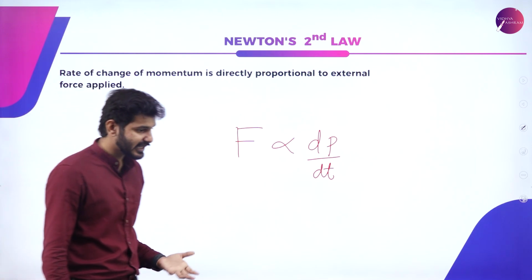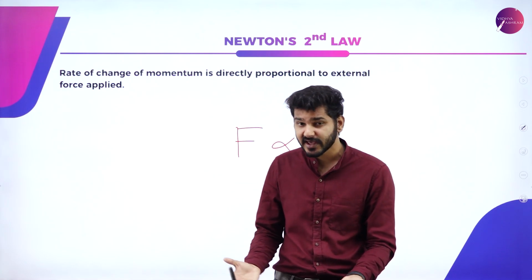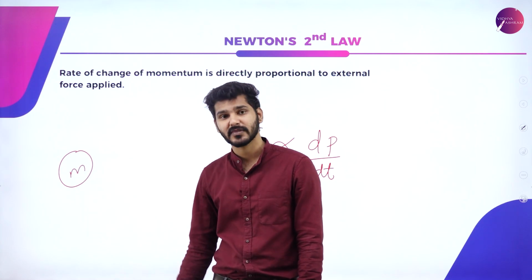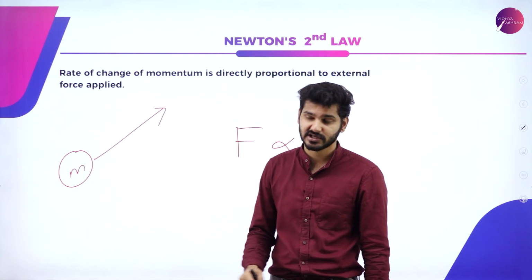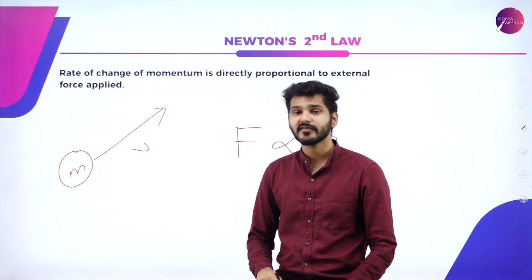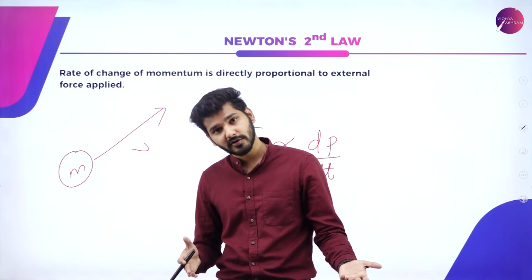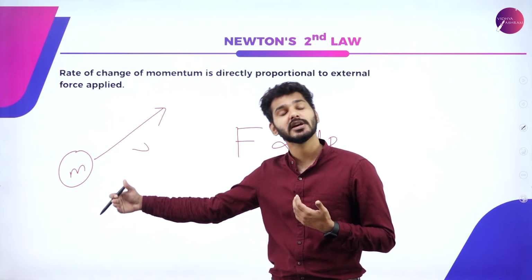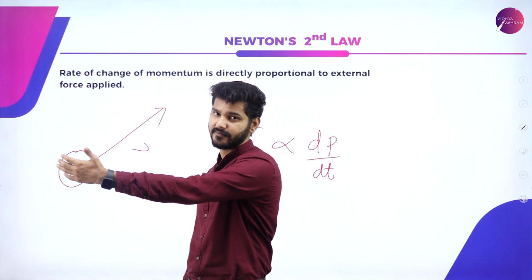That means, let's take an ideal condition where an object, let's say this is an object having mass m, is uniformly moving forward in this particular direction with velocity v. So we can say that it is in uniform motion. We know from Newton's first law of motion that unless I apply a force onto it, this object will move with that velocity throughout its life.